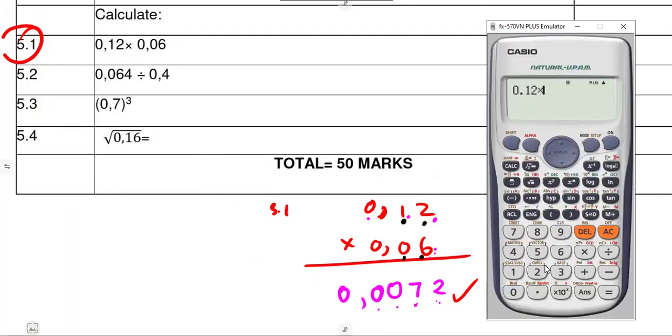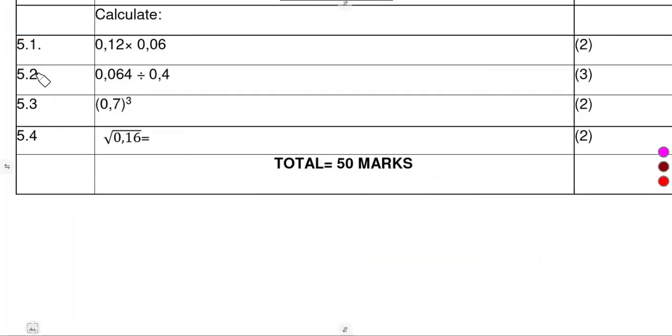0.12 times 0.06. You have the answer there. Change that. This is the answer, exactly what we have. All right. So this is it. 5.2, divide this